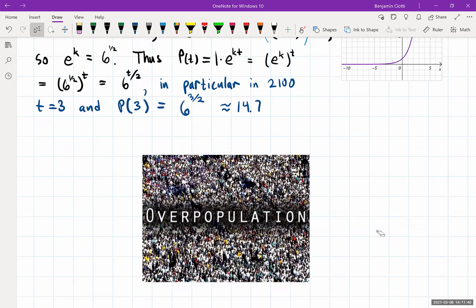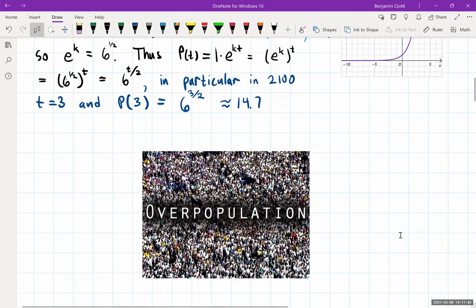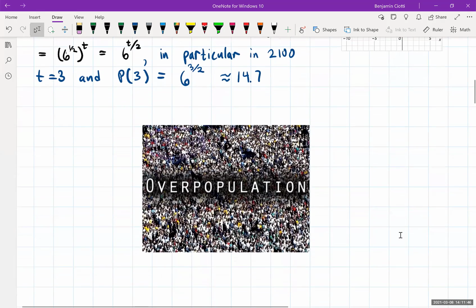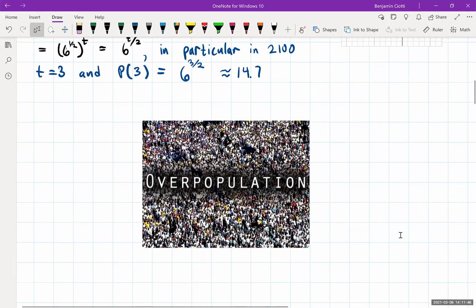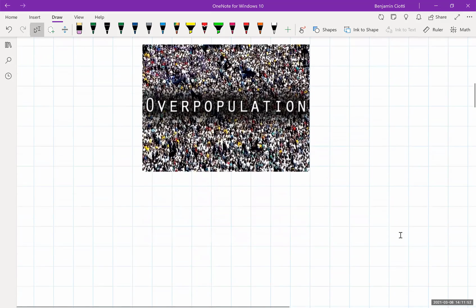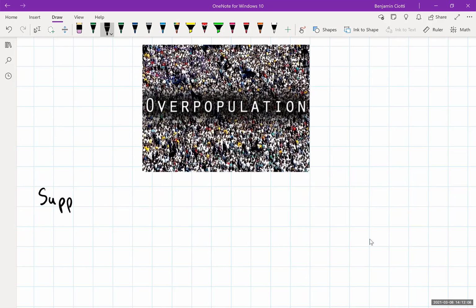Any questions so far? Yeah, I see Nicholas is mentioning China's child laws. That would be an example of something that might start slowing the population down once it starts reaching some value that's too large. So let's suppose now